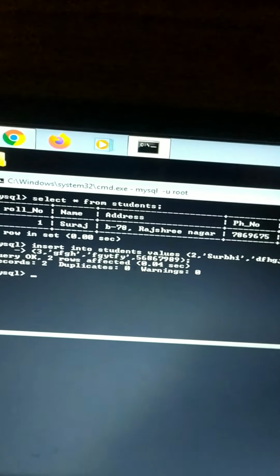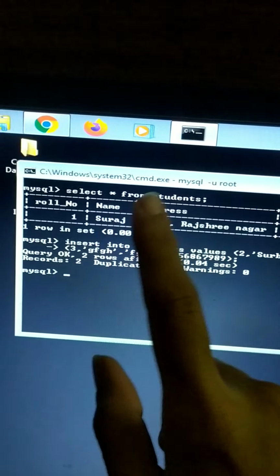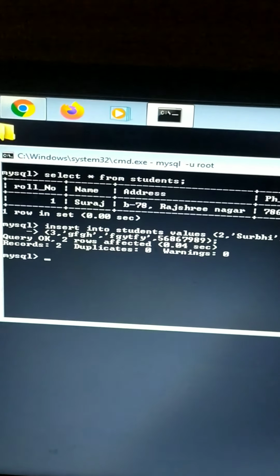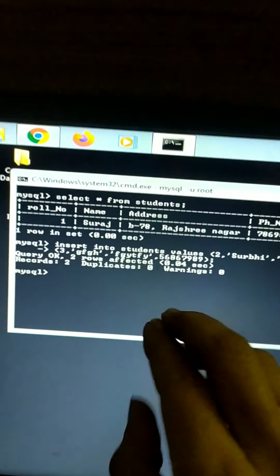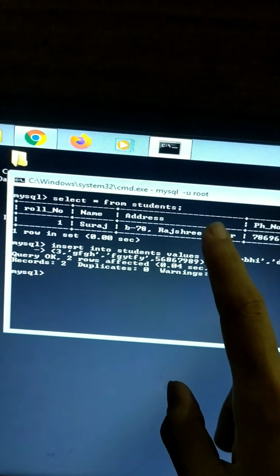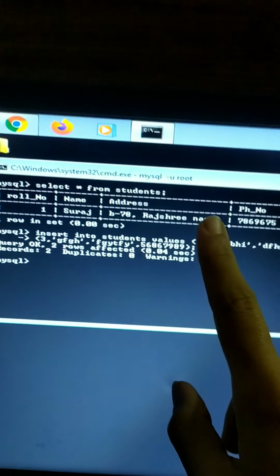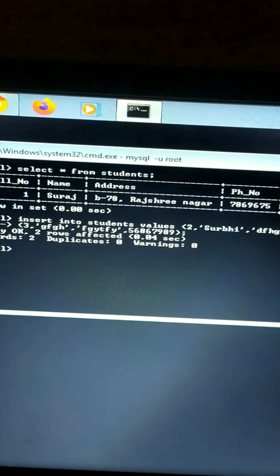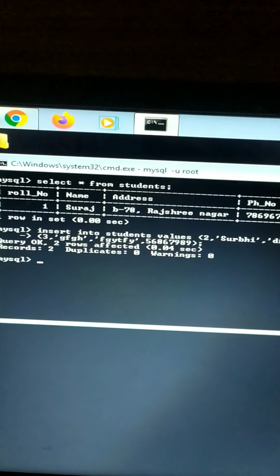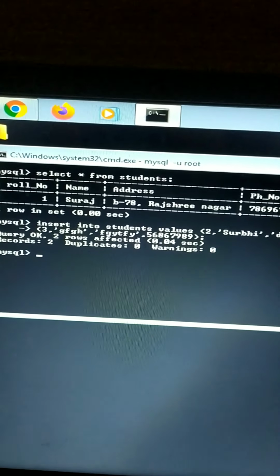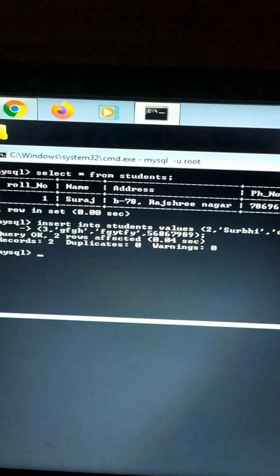Now to perform any operation on the data, we'll use the command select. It retrieves data from a specific table. It is very useful. With select we'll use from, where, and order by. Any of these we can use with select. Now I'll explain it with an example.